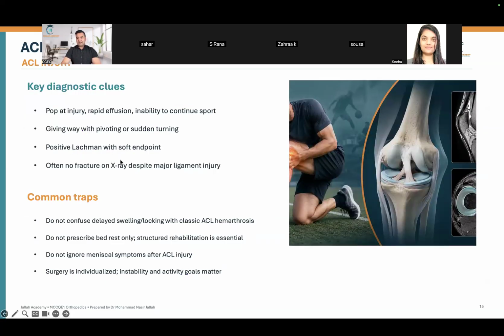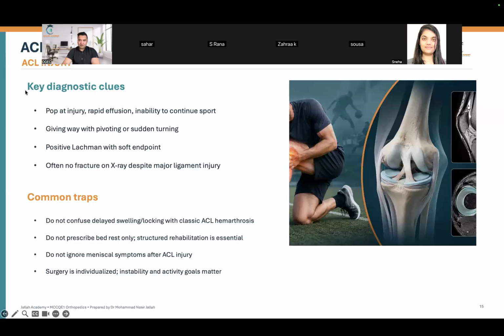So the key diagnostic clue. Pay attention to this part, because if you know this, any case that you get, you will know that this is anterior cruciate ligament. It's very easy. So, a pop at injury, rapid effusion after injury, inability to continue the sport, because it usually